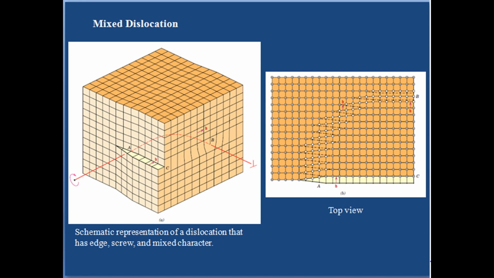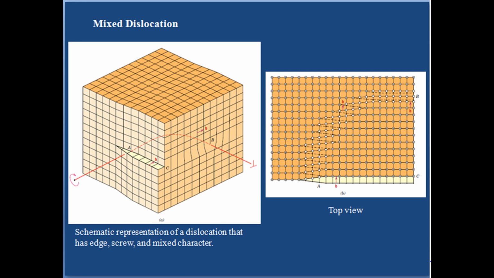Now we will take just an overview of this particular point, that is mixed dislocation. Most dislocations found in crystalline materials are probably neither pure edge nor pure screw, but exhibit components of both types. These are termed as mixed dislocations. All three dislocation types are represented schematically in the figure. The lattice distortion that is produced away from the two faces is mixed, having varying degrees of screw and edge character.